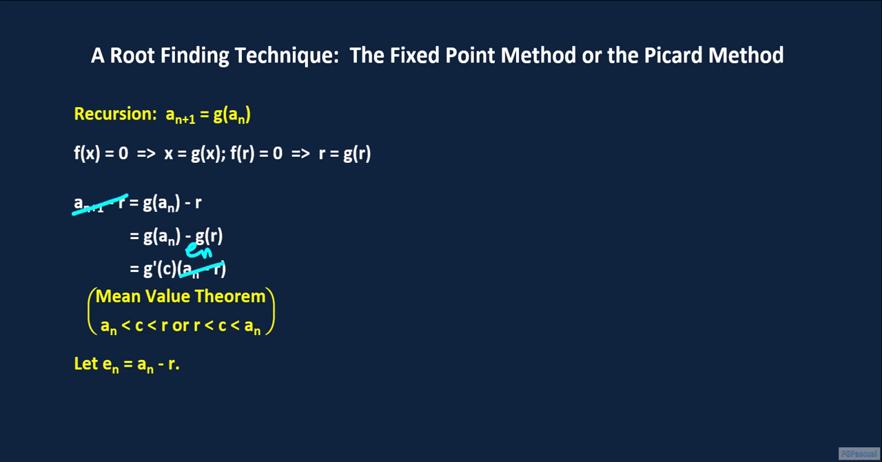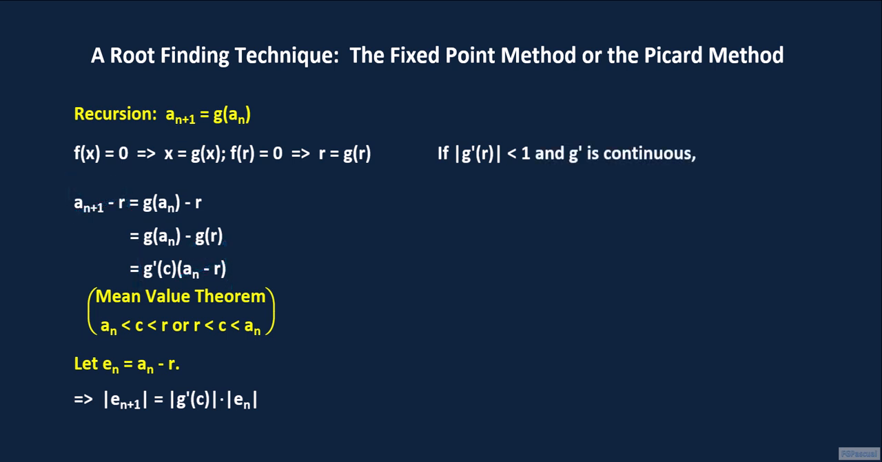a sub n plus 1 minus r is e sub n plus 1. We take the absolute value of each side. And so we have the absolute value of e sub n plus 1 equals the absolute value of g prime of c times the absolute value of e sub n. Now, if the absolute value of g prime of r is less than 1, and if g is continuous, then